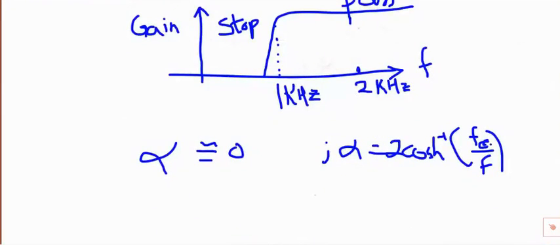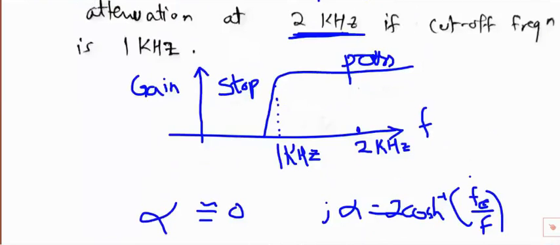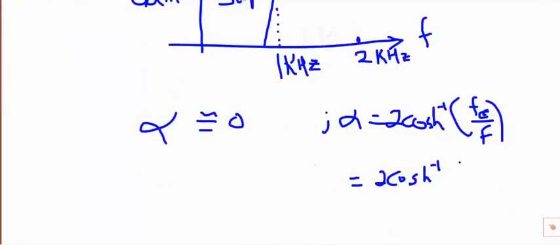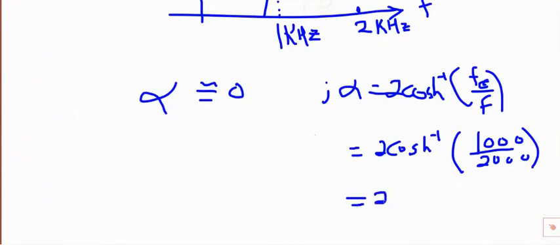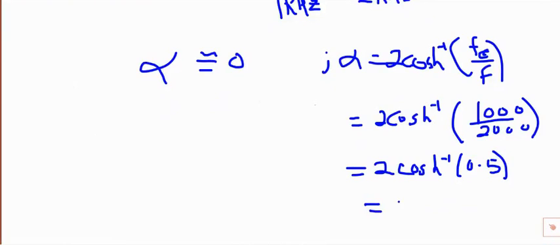If you put the values, 2 cosh inverse, fc is 1 kilohertz, this is 2 kilohertz. So its value comes out as 2 cosh inverse 0.5. And if you try to calculate it in the calculator, calculator will give you math error. I hope you are getting the math error. Cosh